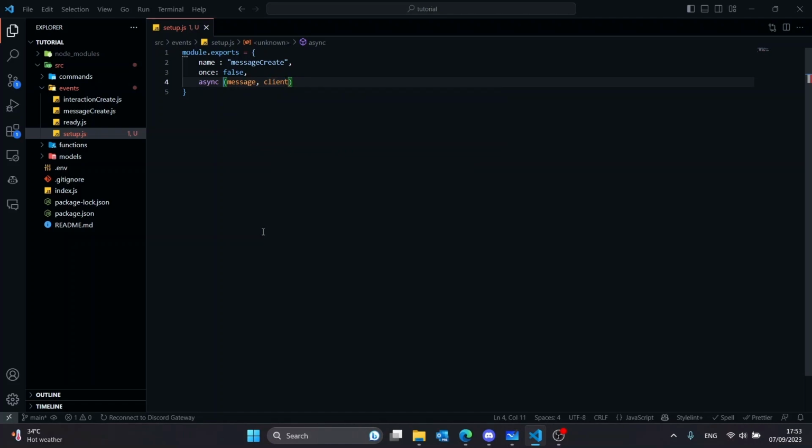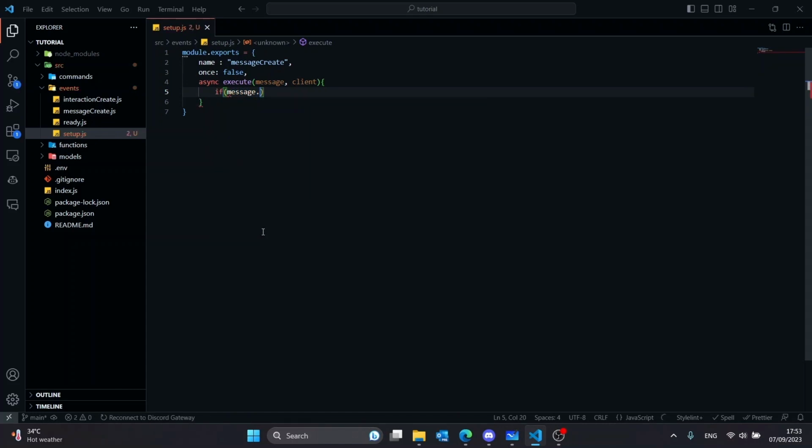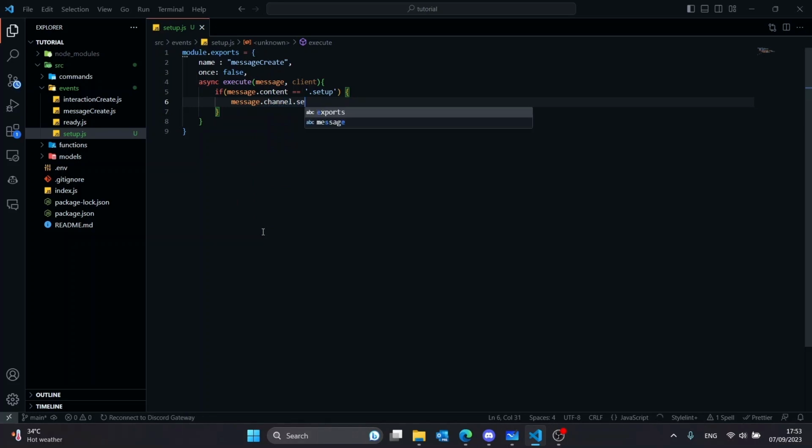Oh, I forgot the name of the function. Execute. Okay, so I will make this event respond to a command named .setup. Now the bot should respond with